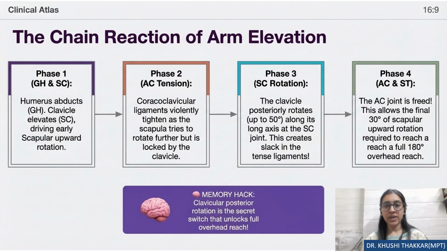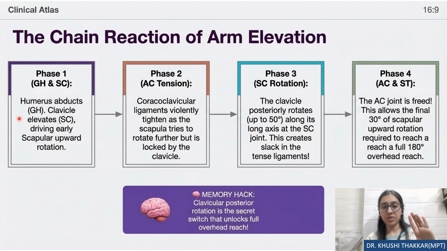So these overhead activities are a chain reaction of the arm elevation. This happens in 4 phases: phase 1, phase 2, 3 and 4. Phase 1 is the glenohumeral and sternoclavicular joints contributing to the movement. The humerus, that is the glenohumeral joint, abducts, and the clavicle elevates. You do it by yourself. So let's do it. The glenohumeral joint abducts, the clavicle elevates, that is the sternoclavicular joint is contributing during early